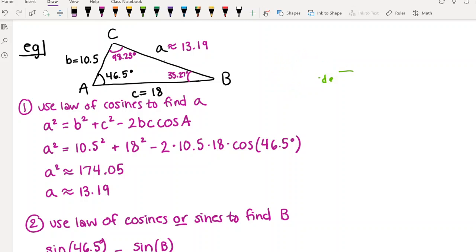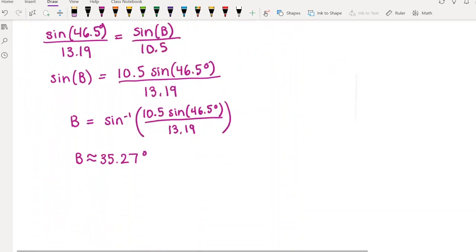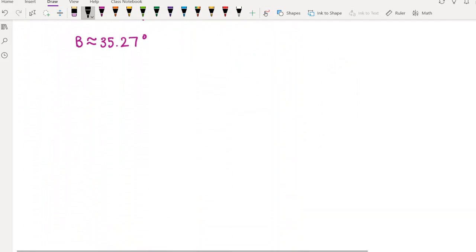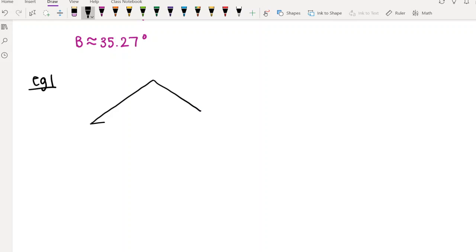Okay, so I want to do one more example. We're going to keep this video a little bit shorter because we'll do some more examples in tomorrow's video, and we'll also do some examples of word problems in tomorrow's video as well. The other situation where you can use the law of cosines is if you know all three sides, but you don't know any angles. And personally, I find that kind of cool. It just feels kind of magical that you can just find